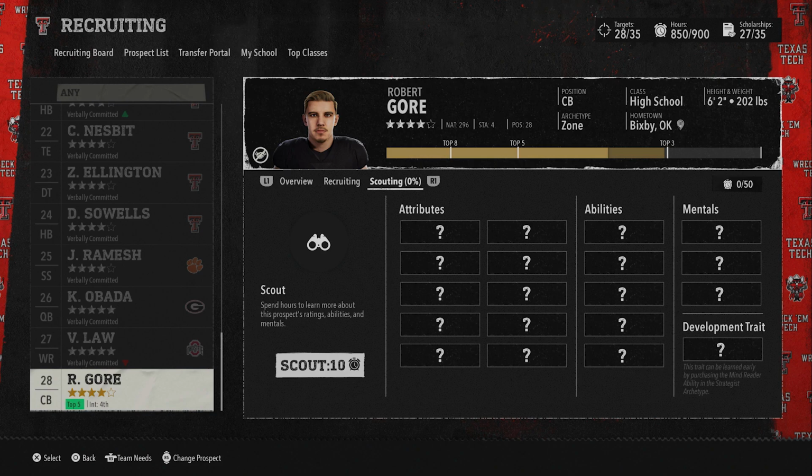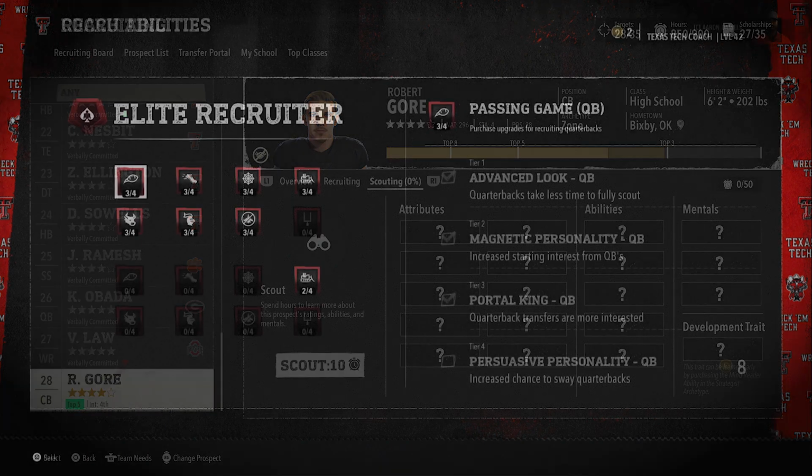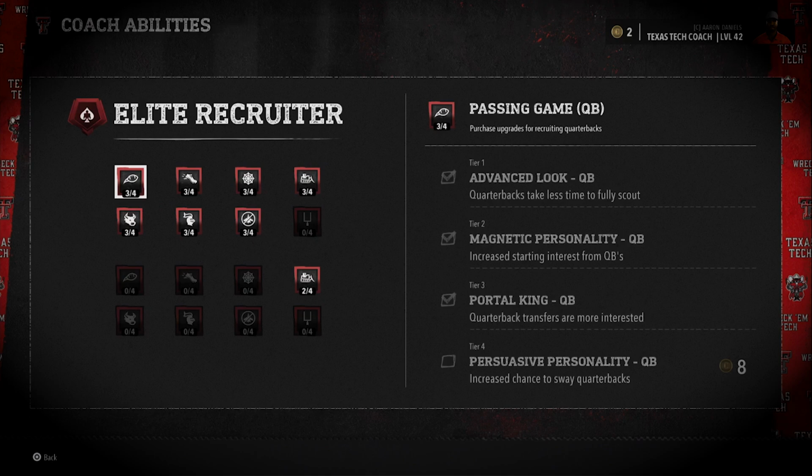So starting with the scouting tab, you're going to notice that it says that it costs 10 hours to scout. So keep in mind, this is not 10 hours to scout all of the attributes. You're going to have to do this multiple times in order to uncover all of the attributes. And this is going to vary by position. So one thing to note here is that you can actually lower the amount that it takes to scout by going under the recruiter tab in the coaching tree. And this is something that I would highly recommend just because it actually helps out, in my opinion, even if you didn't start with a recruiter,